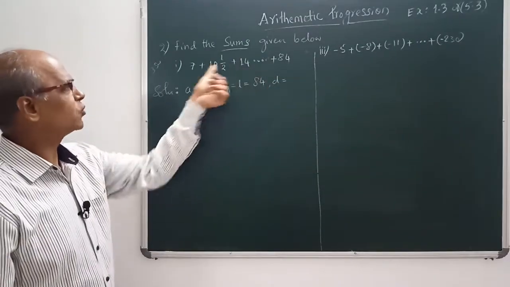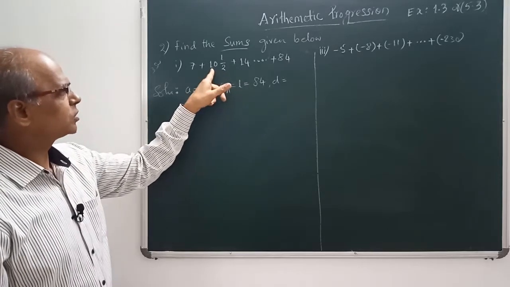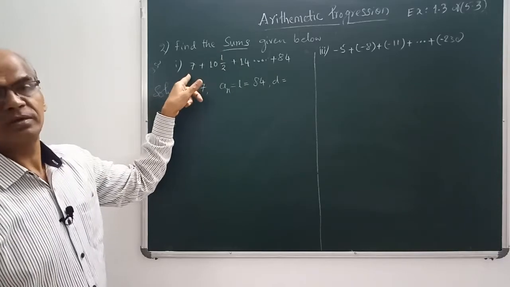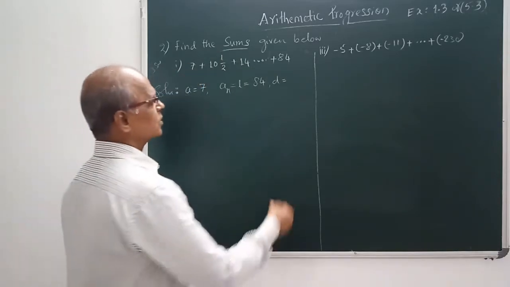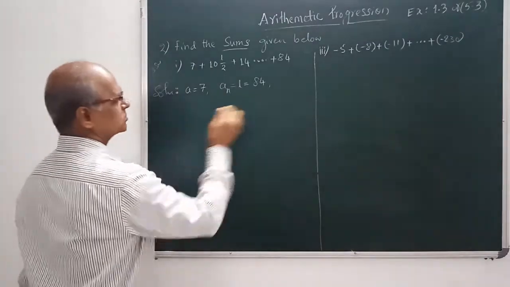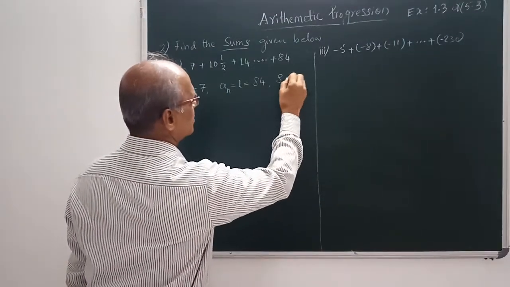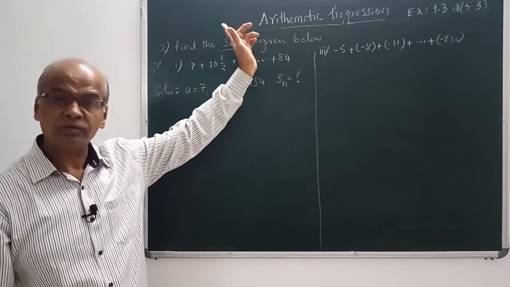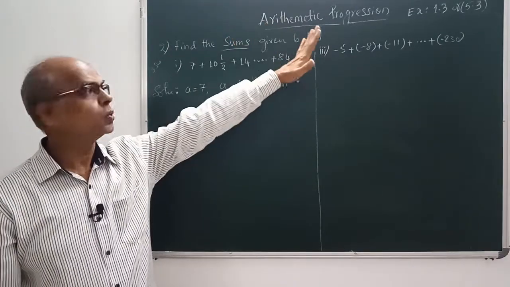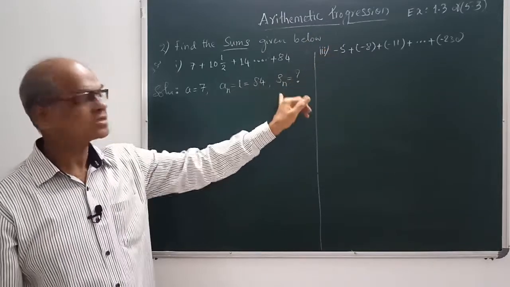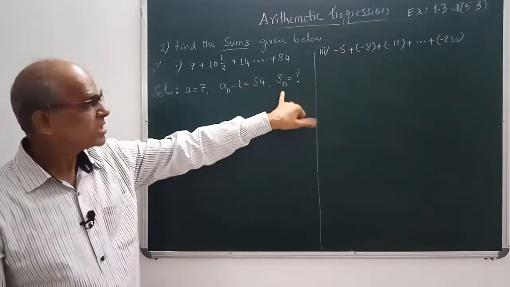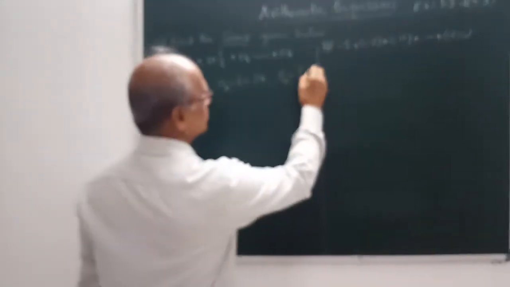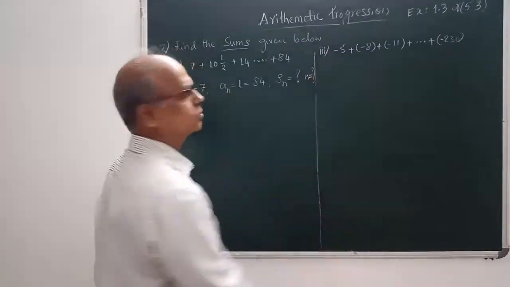See here, you should not take 14 minus 7. 10 means 10 into 2, 20, plus 1, 21 by 2, minus 7. Then we have to find the D. And what to find here? Sn. Here they are not given up to, like how they have given in the first main, up to 100, where directly we had written 100. But here you see, in Sn, n we don't know. We have to find what n is also.